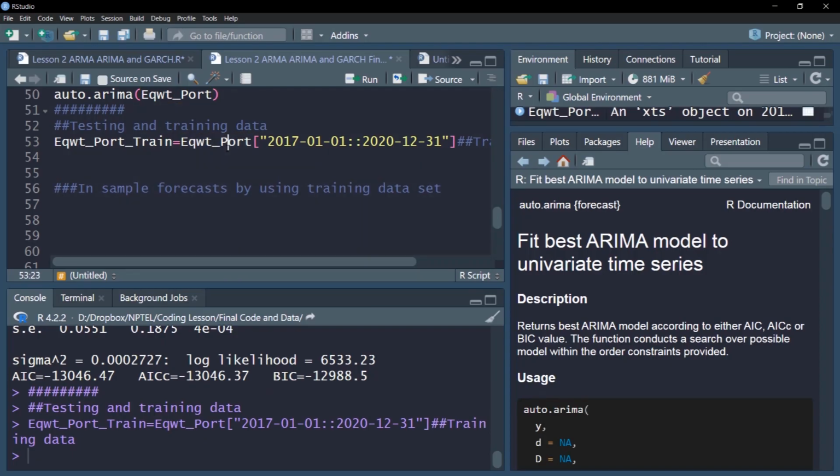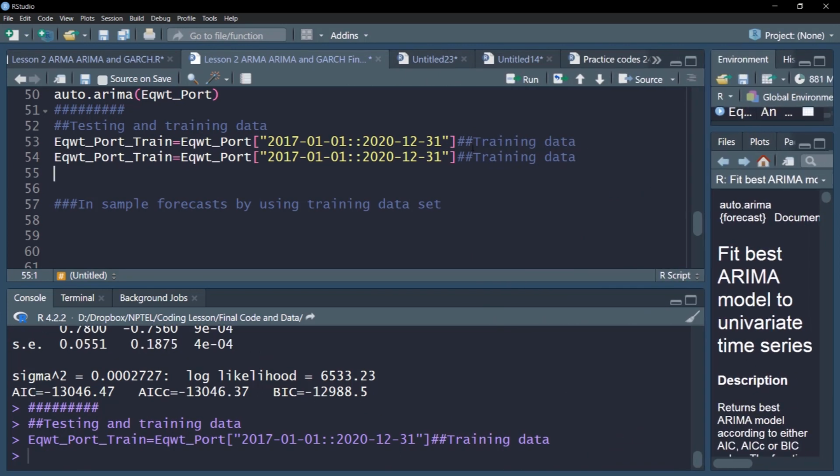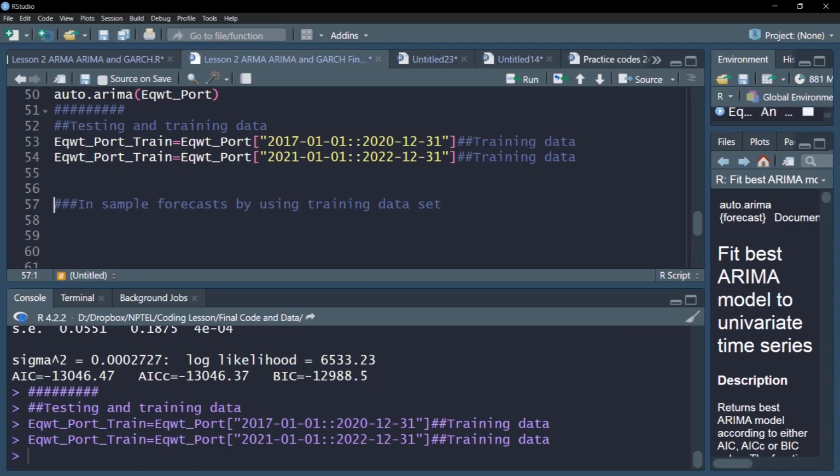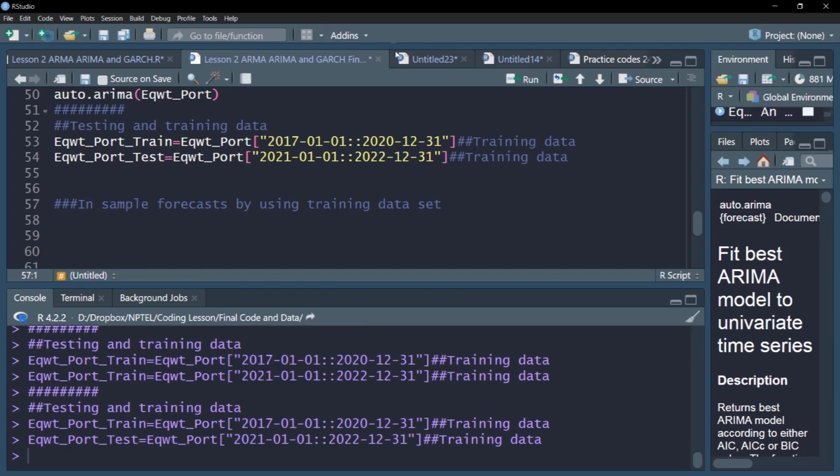Similarly, I can also construct my testing object, whenever I have to test the model for out of sample accuracy. In the training data, if you test, it may fit very well, which is the problem of overfitting. So I need to test my model outside that, on a new sample on which it was not trained. It is not aware of that data, and therefore its power or accuracy will be tested. So I am using 2021 and 2022, 2 years, for testing the data here, test. So first is my training and this is my testing data.